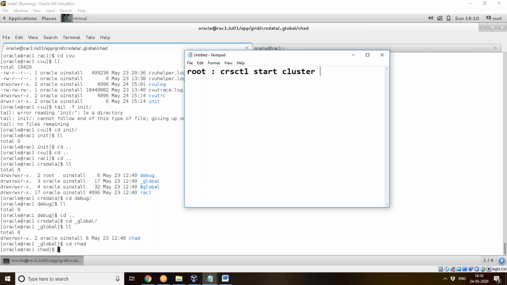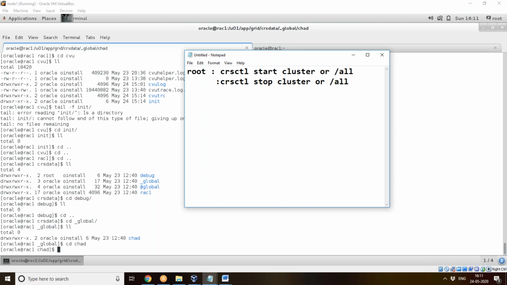Start cluster means it will start the cluster on this particular node only. As root user you can give crsctl stop cluster, or you can give it with the all option, -all, and then it will stop the cluster on all the nodes. Likewise crsctl start cluster -all, or crsctl stop cluster -all. So like this also we can give. Root only has the privilege to start and stop the cluster.